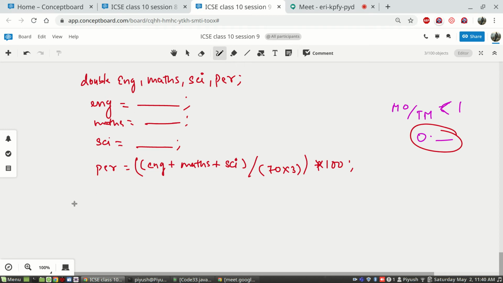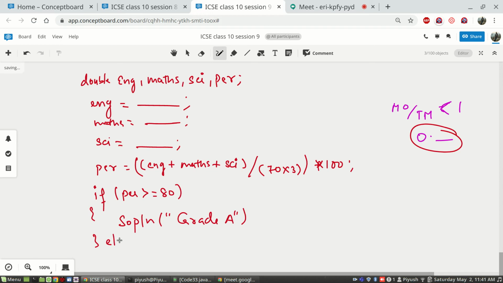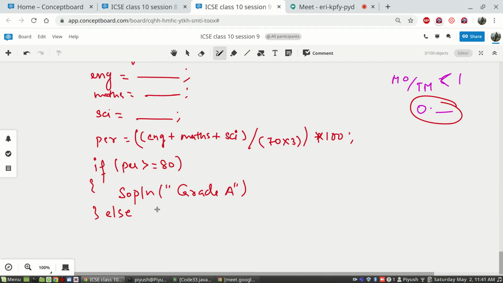Further on, you can write if percentage is greater than equal to 80, then you will print grade A for the student. Else if, because there are more than 2 grades possible, we'll use else if.